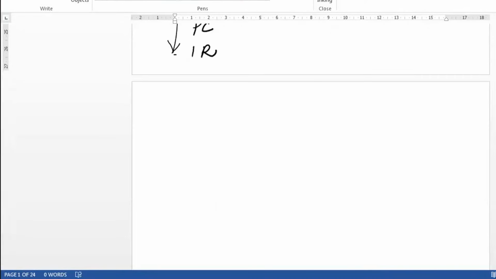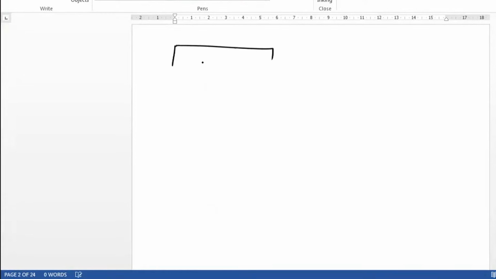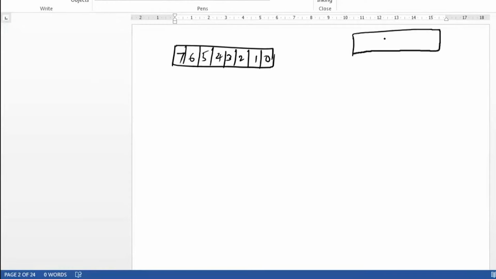Now, when I talk about register, arrangement of registers generally is carried out. It can be divided into different forms of bits. Suppose I represent a register like this: 0, 1, 2, 3, 4, 5, 6, 7. So this is a register. This is one way of representing a register. Okay, first of all, let me start off with this. This is your register R1. When I write like this 0, 1, 2, 3, 4, 5, 6, 7, it means this is an 8-bit register. It is a register which is capable of storing 8 bits of information.